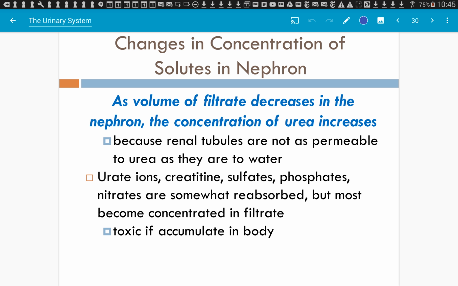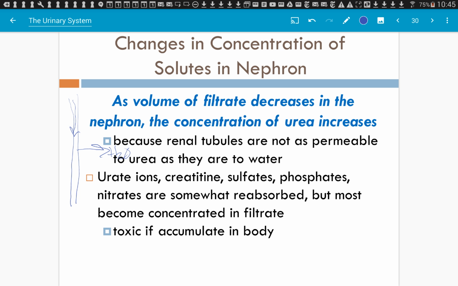So, as you are traveling down that collecting duct towards the center of the kidney, that higher concentration in the medulla, the filtrate decreases because you're losing water. Water is leaving, so it makes the filtrate in the collecting duct more concentrated. So you're concentrating the waste products and you're pulling back and saving all the useful things, like the water or urea to help keep the concentration high in the medulla, and the sodium chloride to keep the concentration high